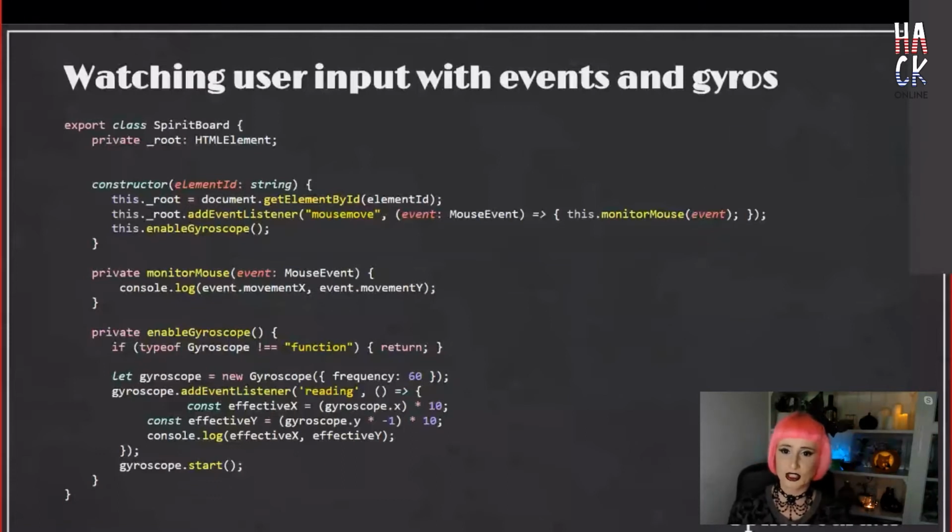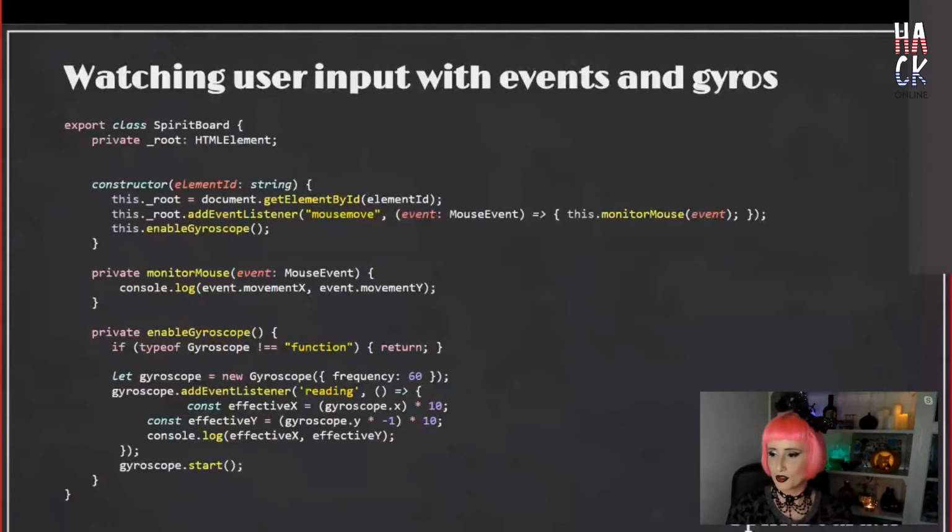So the first thing we're going to do is pass it the ID of the HTML element that the spirit board is contained in. And then we're going to set up a listener for a mouse move event. And we're also going to create a function called enable gyroscope. And what enable gyroscope is going to do is, if a gyroscope is available, it's going to add an event listener that reads at a frequency of 60 times a second.